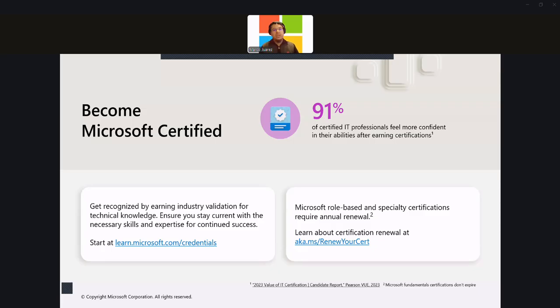About the certifications, in this little research that we have here from 2023, Pearson VUE is the organization that runs the certification exams. They found out 91% of IT professionals feel confident and empowered whenever they get certified. So my advice is get certified. All right. It's not mandatory, but again, it will be nice to say, hey, I'm a certified professional, right? About the certifications, again, you can come here